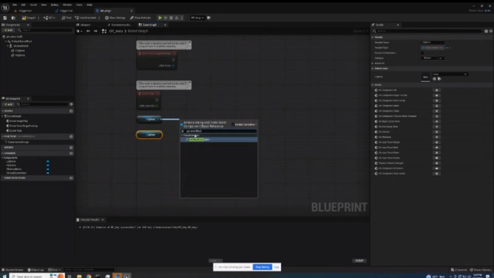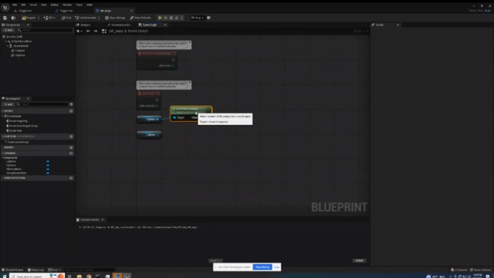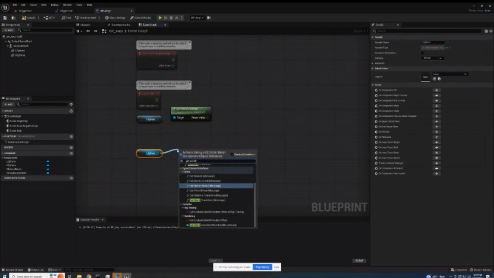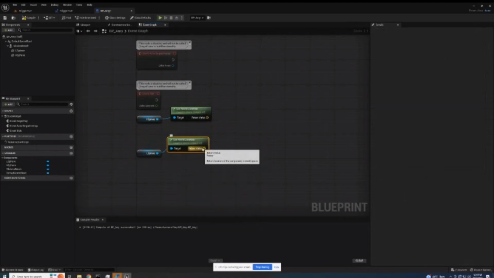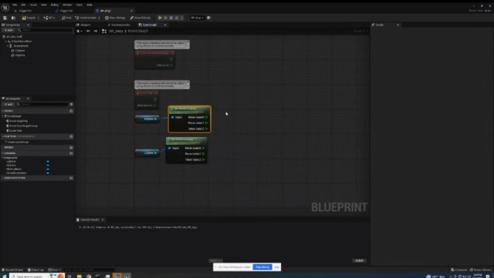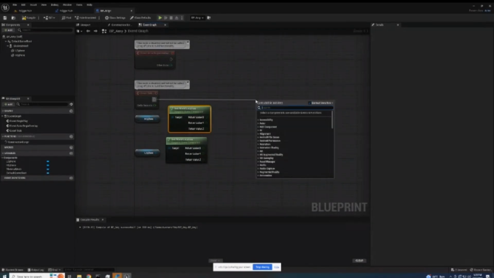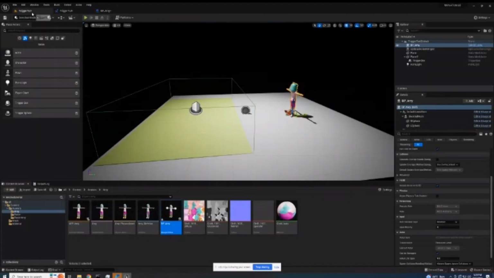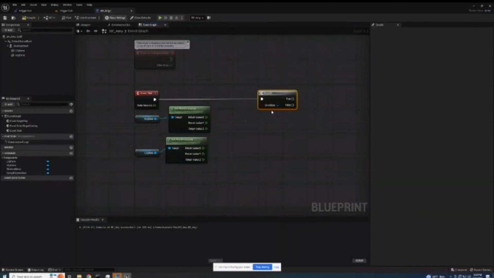You can definitely do a variety of other things with this, but this is one way of doing it. So I'm going to split these and get a branch. And then Z is up, so let's do